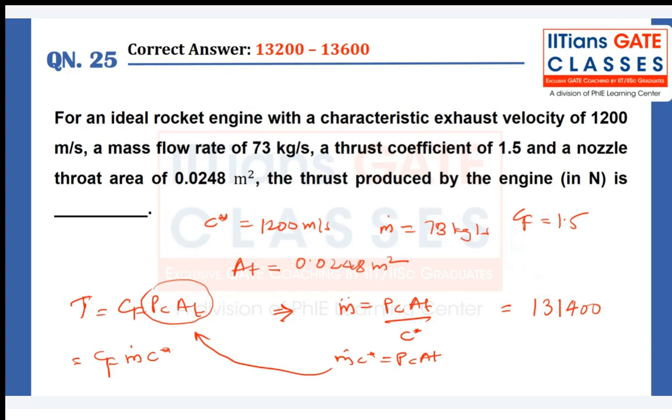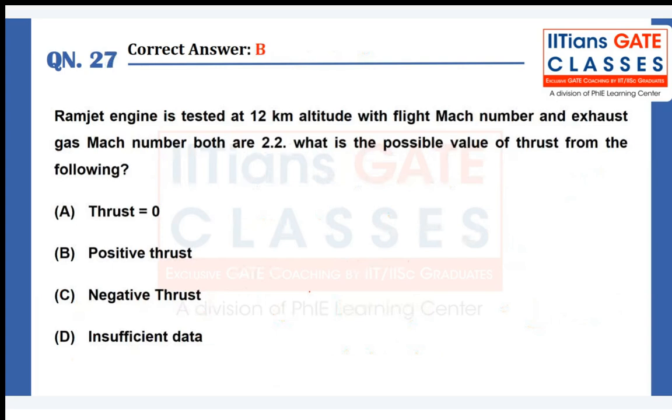I think I did not write, I missed one digit here. In the answer key it is 131200 or 131600. I missed one digit. This much amount of thrust you will be able to find out. So they have told in the question that in newtons you need to find and not in kilonewtons. So by mistake don't put it like kilonewtons. Such type of mistakes you need to avoid. This was quite simple problem using the basic formulas.